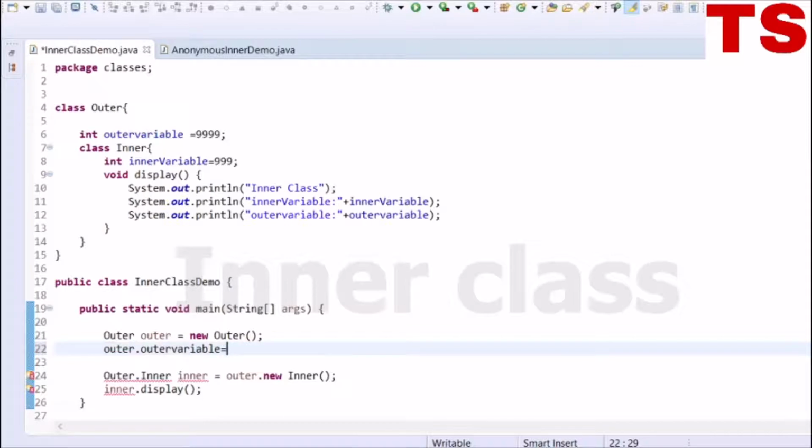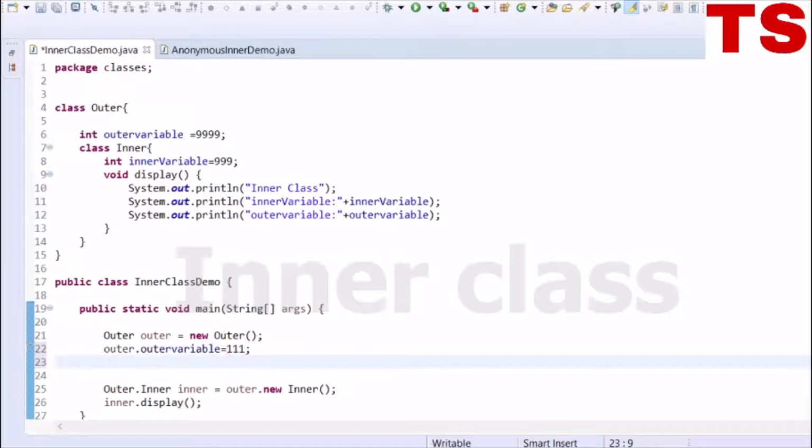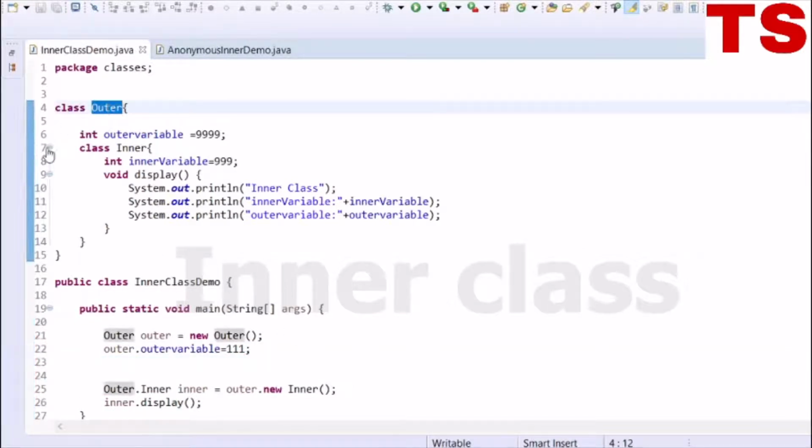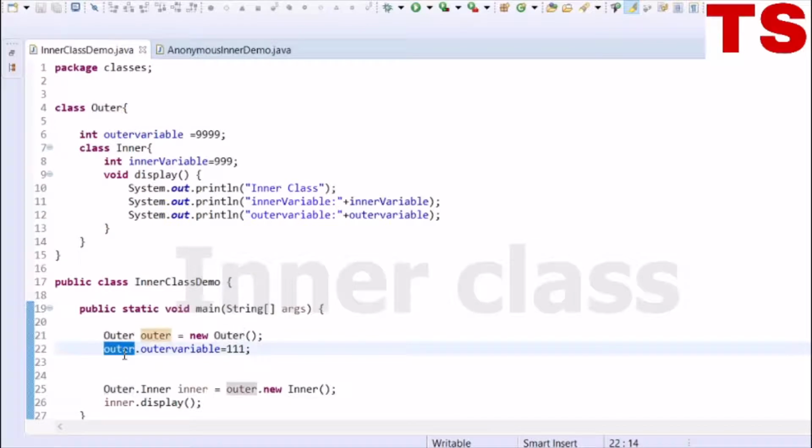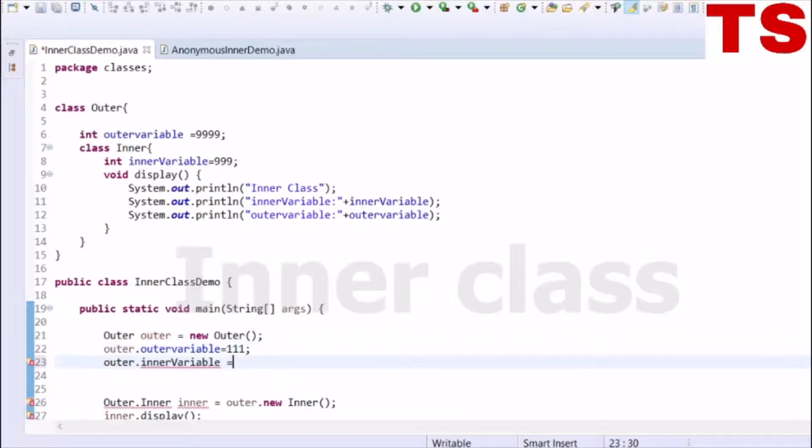Now let's try to assign some value to this outer variable. Since outer variable is the instance variable of the outer class, you can assign a value to it. Now let's try to assign some value to the inner variable, which is a variable of the inner class.